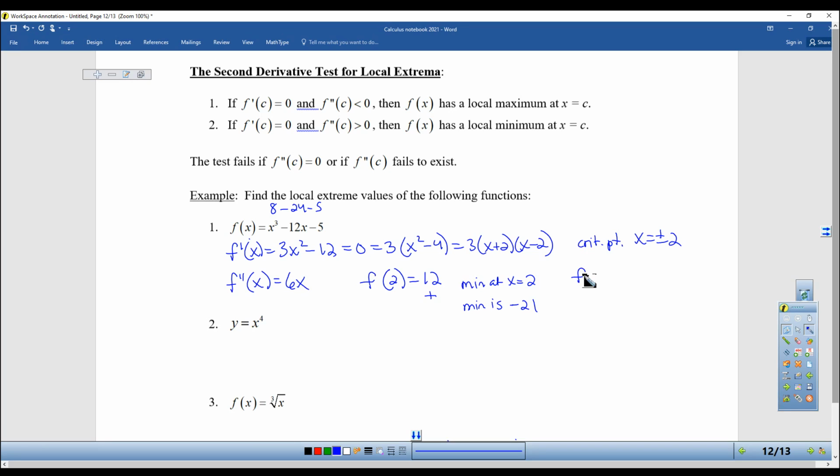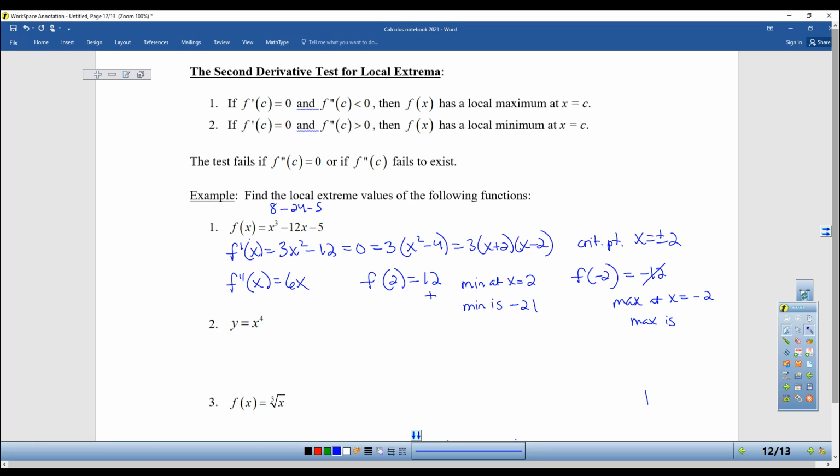Let's try the other one. F double prime of negative 2. So when I plug a negative 2 in there, I get negative 12. Again, the 12 doesn't really matter, just that it came out to be negative. So this second derivative test says if the second derivative comes out to be negative, then it's a maximum. So now I know that there's a maximum at x is equal to negative 2. And then I could plug negative 2 in to actually find the maximum. So the maximum is,